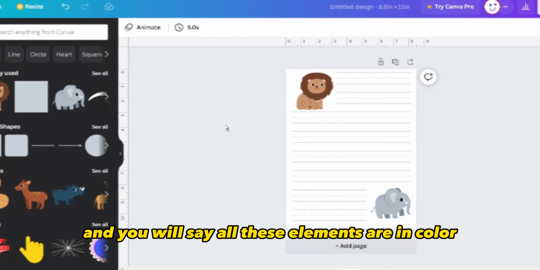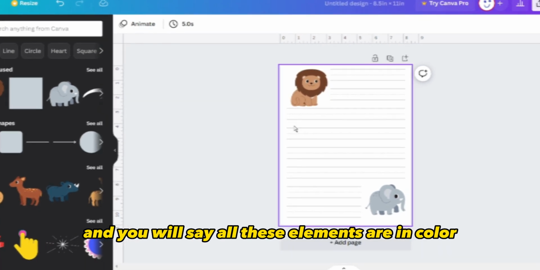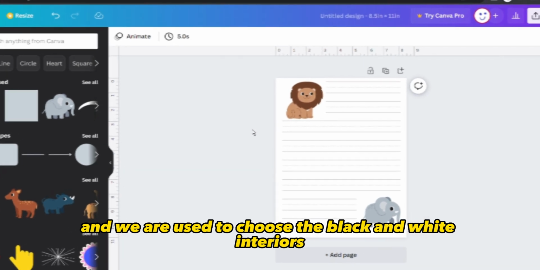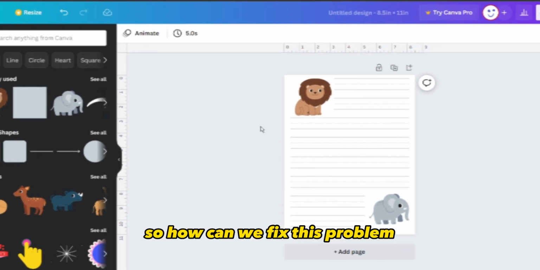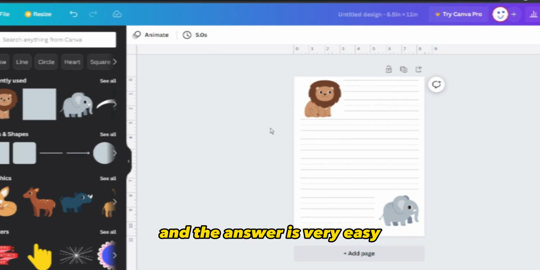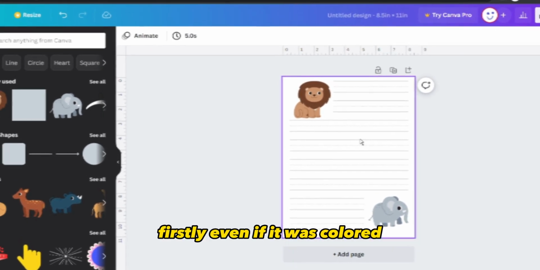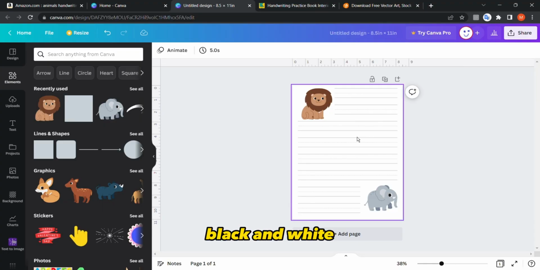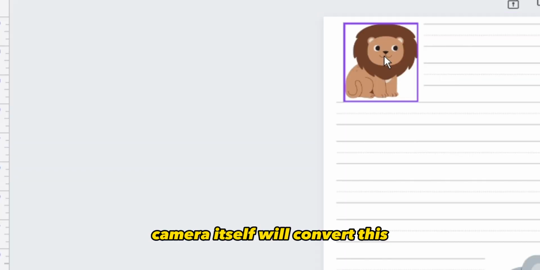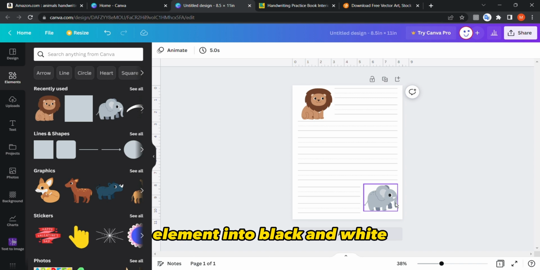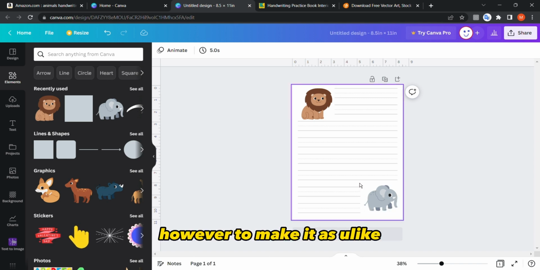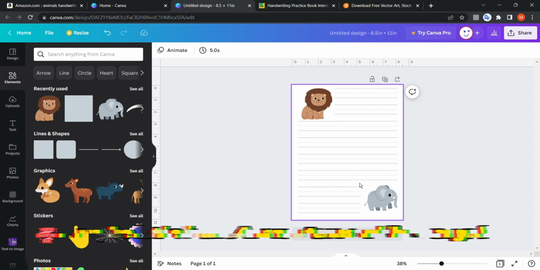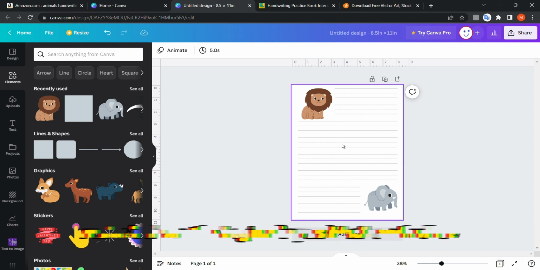And you will say, oh, these elements are in color and we are used to choosing black and white interiors. So how can we fix this problem? And the answer is very easy. Firstly, even if it was colored and you upload it to Amazon and choose black and white, Canva itself will convert these elements into black and white. However, to make it as you like, or maybe in the future Amazon terms will change, to be on the safe side, make it from the beginning